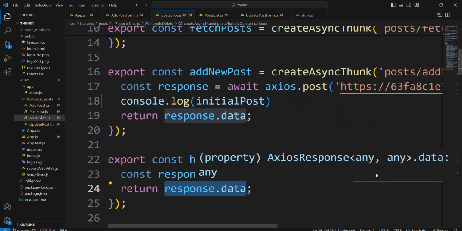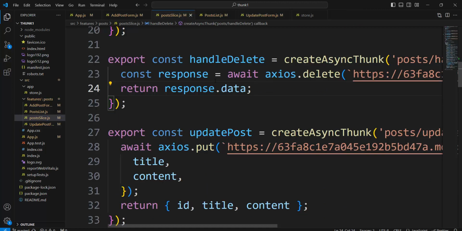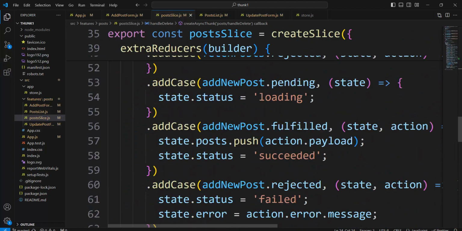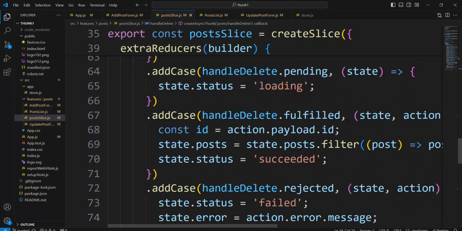What data? It is the payload. In the case of delete, we send the ID, but in the payload is the complete post that the server deleted. It means ID, title, and content. And because of that, we must call